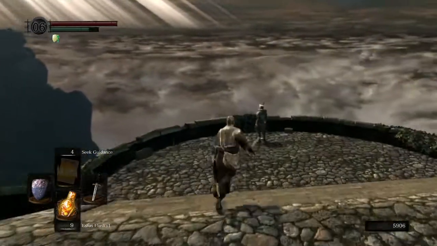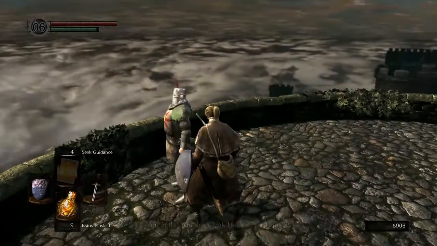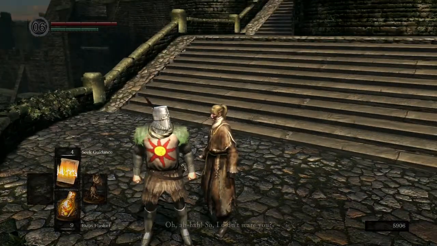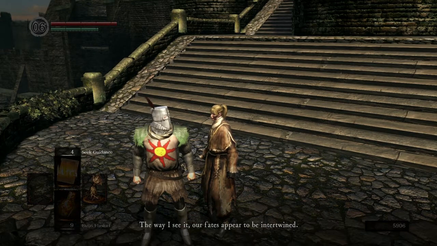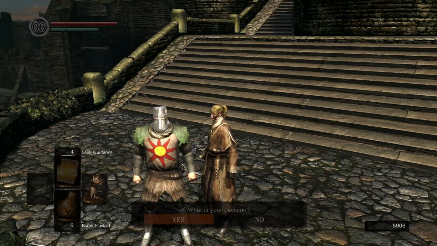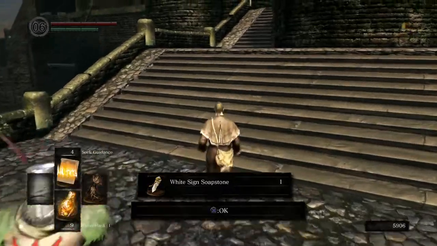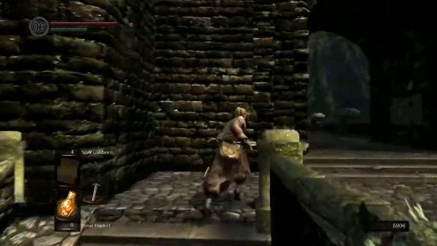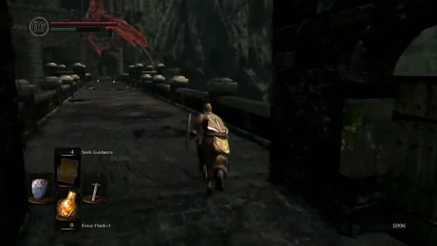We'll go down here and talk to Solaire. We'll skip through his dialogue real quick. It don't really matter what he says. Oh. Blah blah blah. I accept. Blah blah blah. Yes. Blah blah blah. Thank you so much. That's all I need for now. I need to talk to him for something later. Anyway,